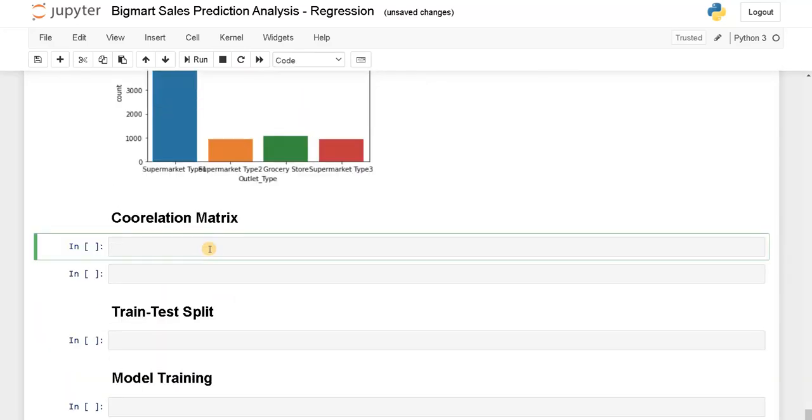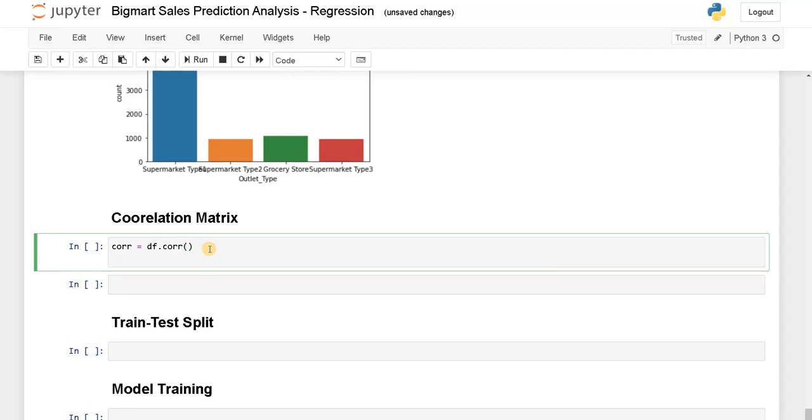Okay, let's go for correlation matrix. So to create a correlation matrix, create a variable corr equals df of correlation function. Pandas has a correlation function to find a correlation matrix. After that, we will display this in a heat map. That will be sns.heatmap.